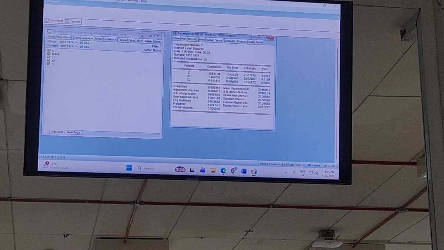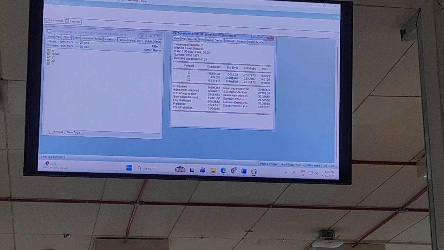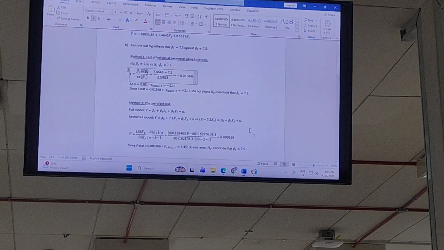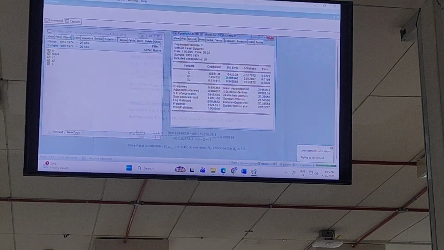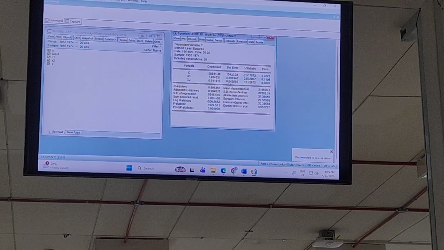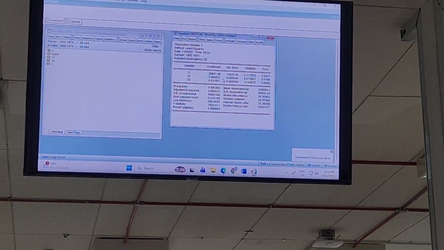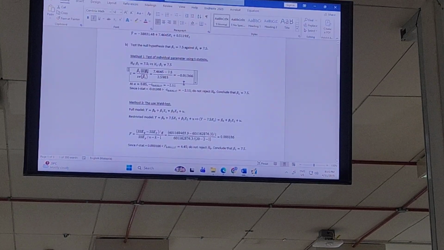This is minus 0 divided by this, but we want this minus 7.5 divided by this. So you have to calculate your own t statistic. You cannot just use the t value, because that one is minus 0 divided by SE, not minus 7.5. So you take the estimated value, 7.4, minus 7.5, divided by SE, this one. And you get